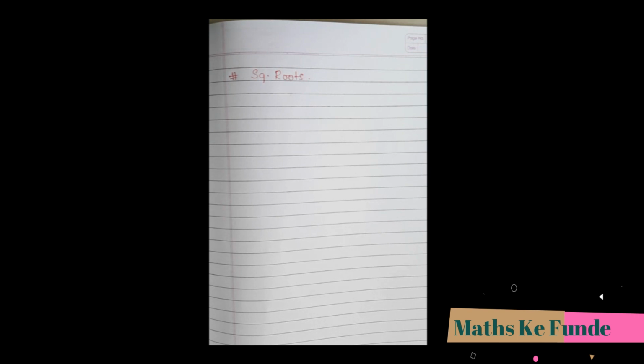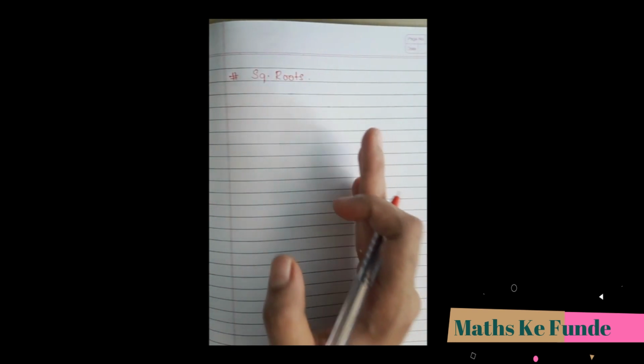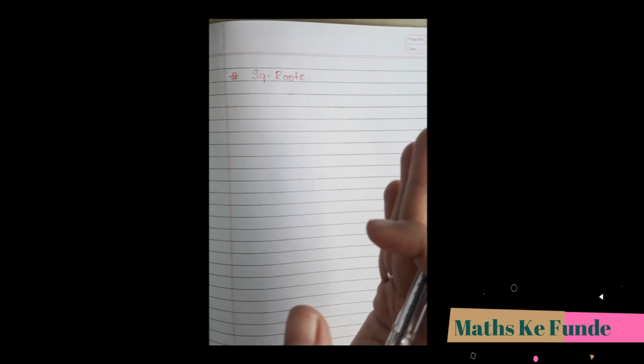Now the problem with these methods is, first of all, they are time consuming, and on top of that, if you're not able to factorize or get the proper dividend in particular divisions, it becomes very tedious and you just leave off questions on square roots. Now let's see a method through which square root calculation is going to be very easy. For that, we'll be making two columns. The first column is going to have numbers from 1 to 9, and in the second column I'll be noting down the units place of their squares.